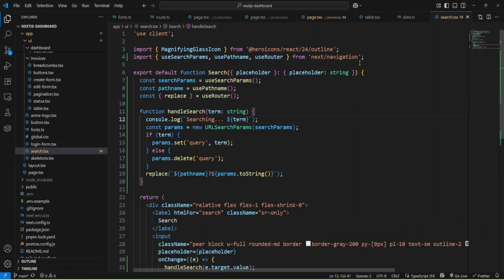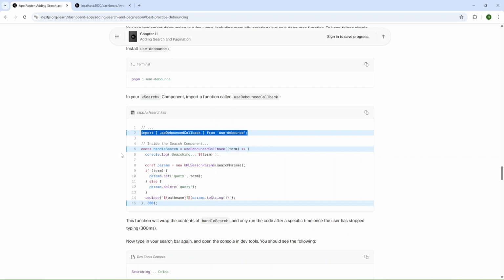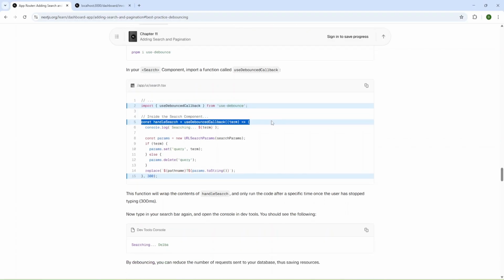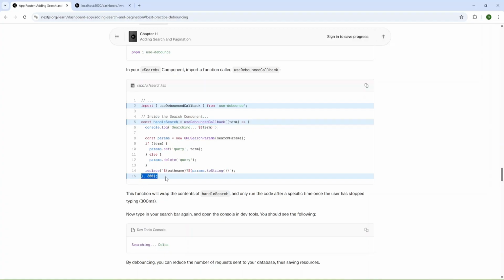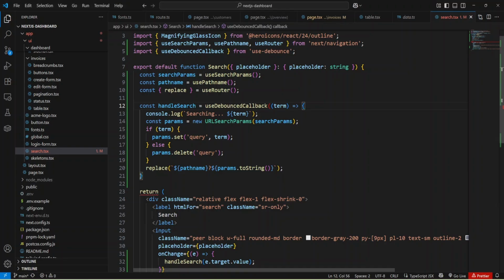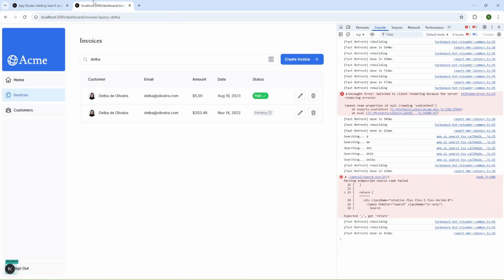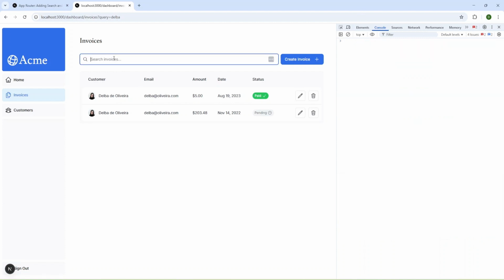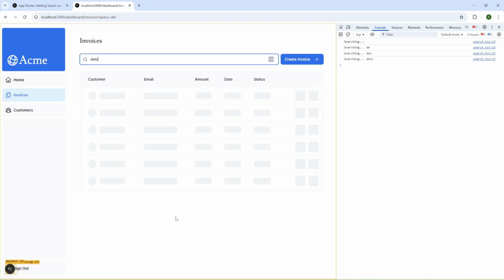I can hide my console, and inside search we'll add this handle search, and we'll make it const, and also we'll add a timeout here. Let's try to run it, and let me remove all this input and try it again.